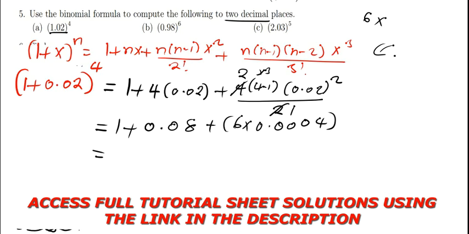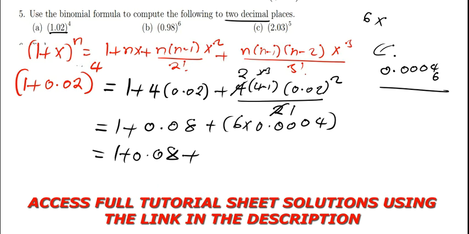Remember, our answer should be in 2 decimal places. So 1 plus 0.08 plus, what is 6 times this? Let us see. We have now 0.000. How many zeros? 3, 4, then times 6. So 6 there, 12, 2 carry 1. No, it's 24. So 4 carry